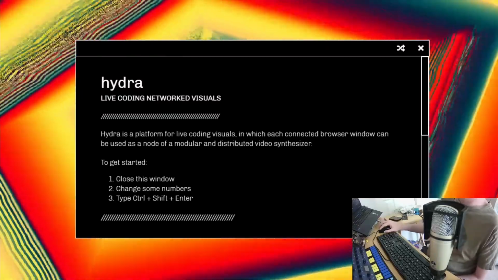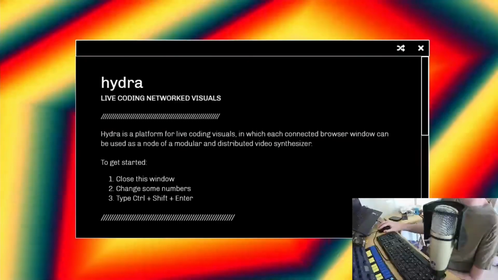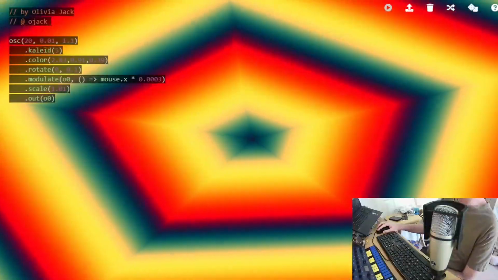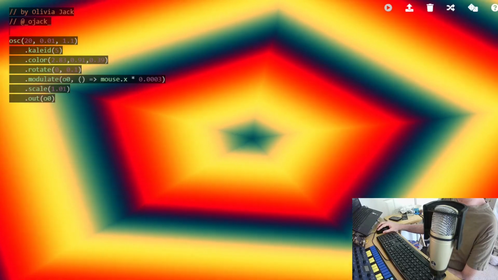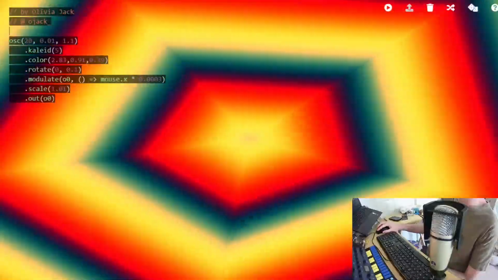And when you start it up, you're greeted initially with a splash screen and some visuals that happen right away. If you click off the main box, you get to see the full visual and the code used to actually create this visualization. So the buttons on the Hydra editor at the very top, there's a play button, which you use when you modify code. You can hit the play button to run the code that's displayed on the screen.